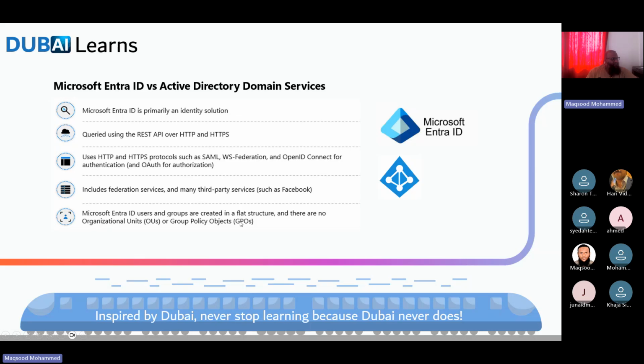Microsoft Entra ID users and groups are created in a flat structure, and there are no organizational units and group policies. These are key differences which you have to remember for your exam, and even for the practical usage of Active Directory and Entra ID services. So Entra ID is a flat structure wherein there is no concept of organizational units and group policies, and it uses different authentication protocols. We'll see how it works. So if I go to the whiteboard again,